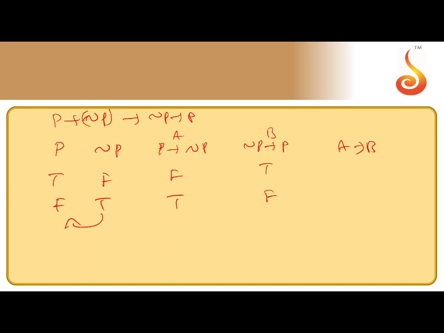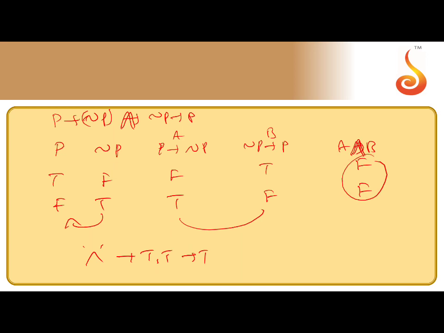Next, we want the implication between these two. Sorry, this is AND now. Between them, AND is there, not implication. Sorry, this is AND. So AND means both are true, otherwise false. So for AND, T comma T gives T, otherwise false only. So here it is AND only. A and B means both are true, otherwise false. F T means F. T F means F. So it is falsity.